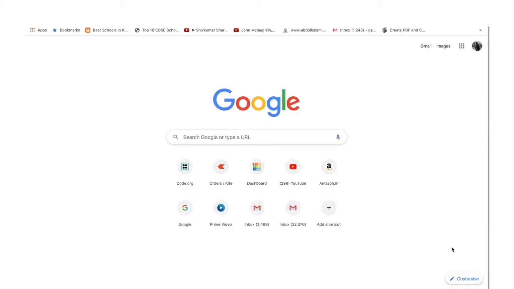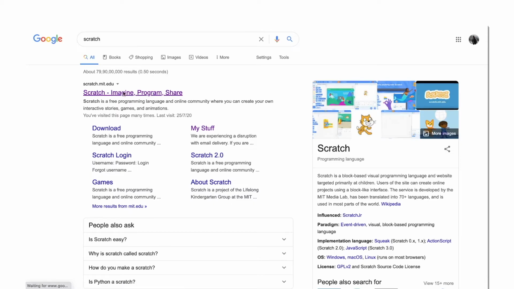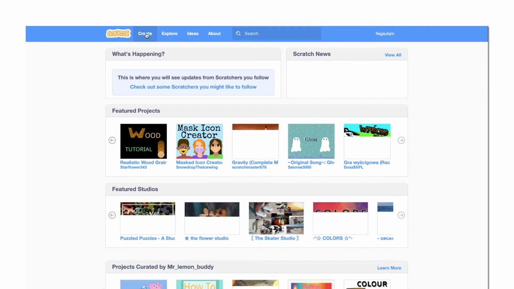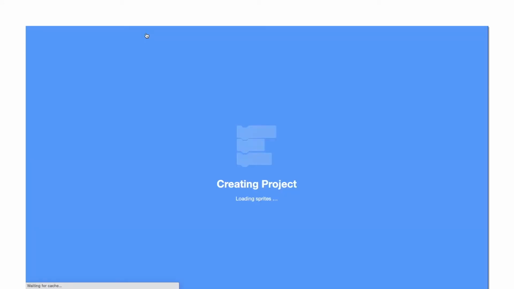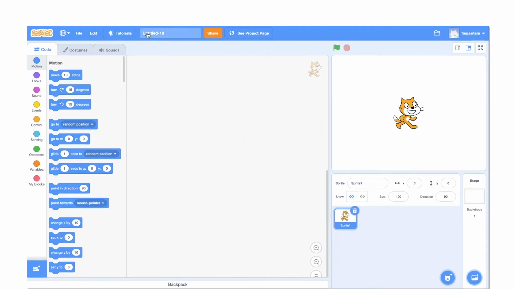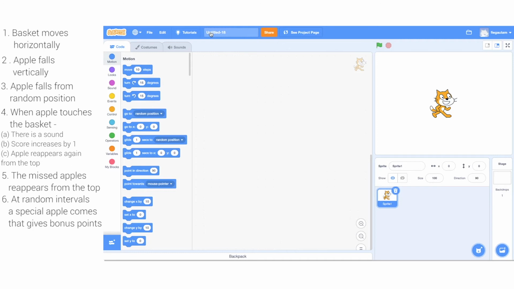So in order to get started, we'll search for the Scratch website and click on the Create tab there. So you can see the Create tab here, we get inside. So this is where we'll create the game. We have our list ready. Towards the end, I'll give you some bonus additions that will make your gameplay extremely fun and challenging.